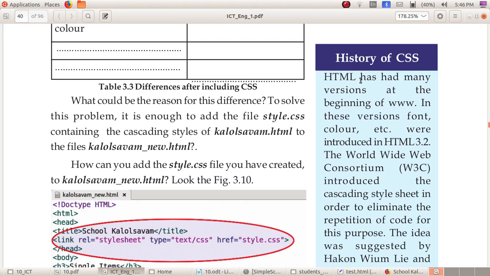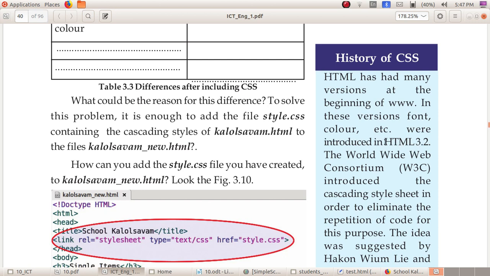Here is a history of CSS. HTML has had many versions at the beginning of the WWW. What is WWW? World Wide Web. Okay, so there are many versions of HTML in the beginning itself. In these versions, font, color, etc. were introduced in HTML 3.2.